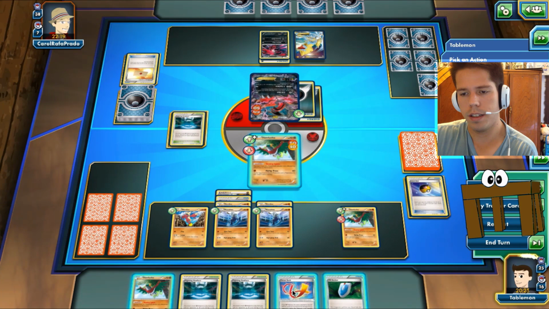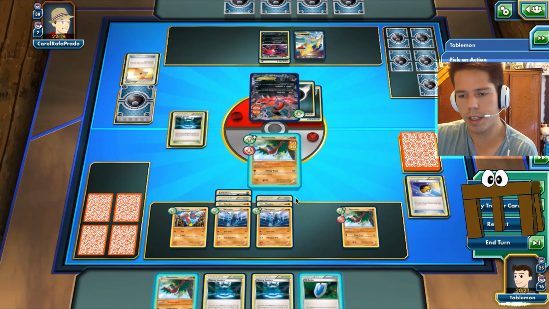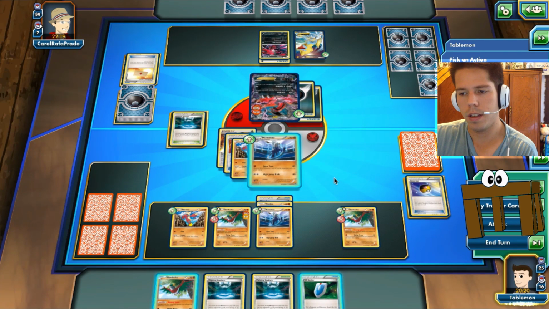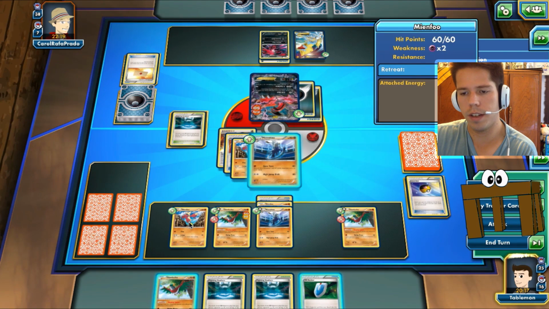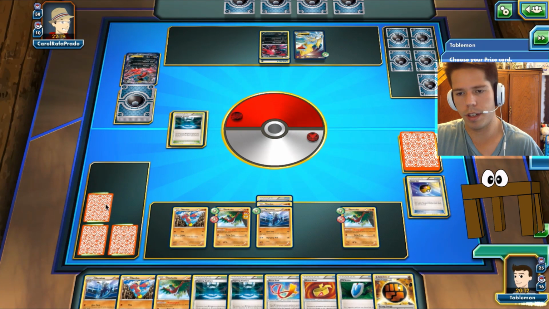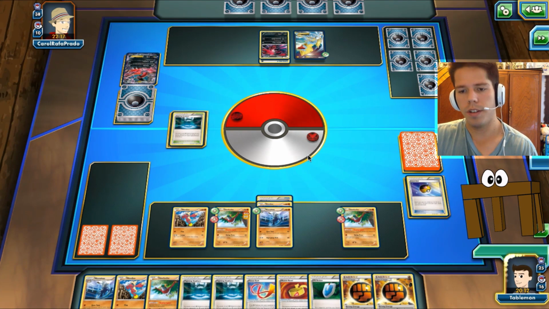And I'm not going to attach the Focus Sash. No, I am, just in case he decides to target this Mienshao. But we can still evolve this Mienfoo and, with a Versus Seeker, take the KO on Manectric. So there's the 80 damage, we take the KO, and now it's just down to